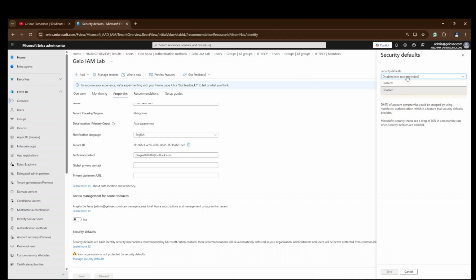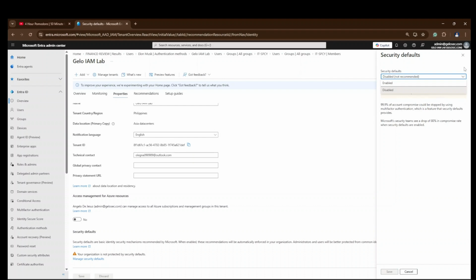This should be disabled because security defaults has its own set of rules. Whenever this is enabled, there's already a set of rules for that specific user, because security defaults is already enabled when you create a user.